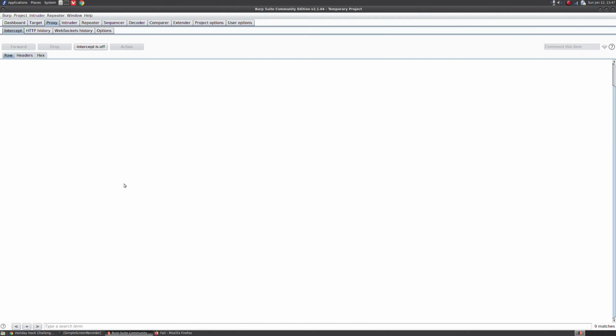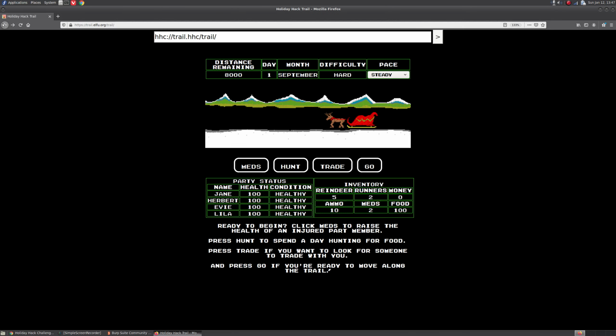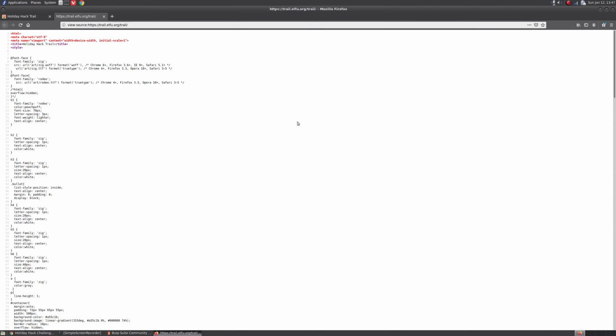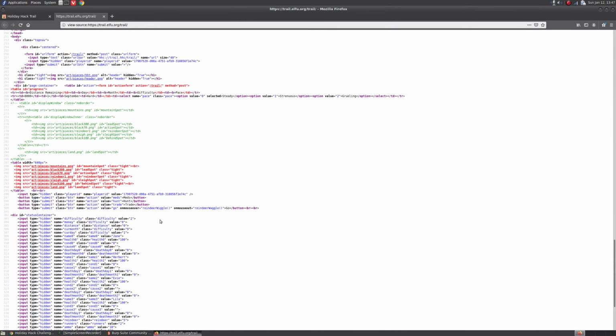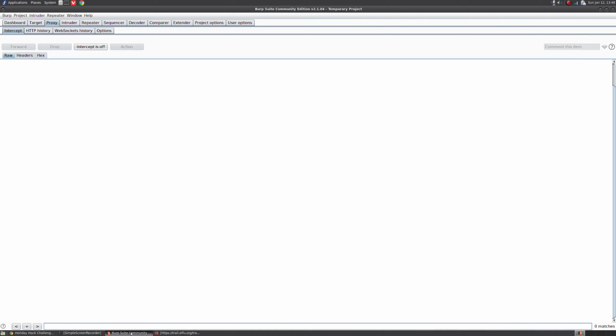So we have to figure out how it's generating that hash. We can try looking at the source. Oh, we'll go back. There aren't exactly any immediate ways to see how the hash is being generated. This is probably because the hash is being generated server side, because they don't trust us, because they know that it's very easy to manipulate things client side. That's the whole point of the hash. Now, luckily,